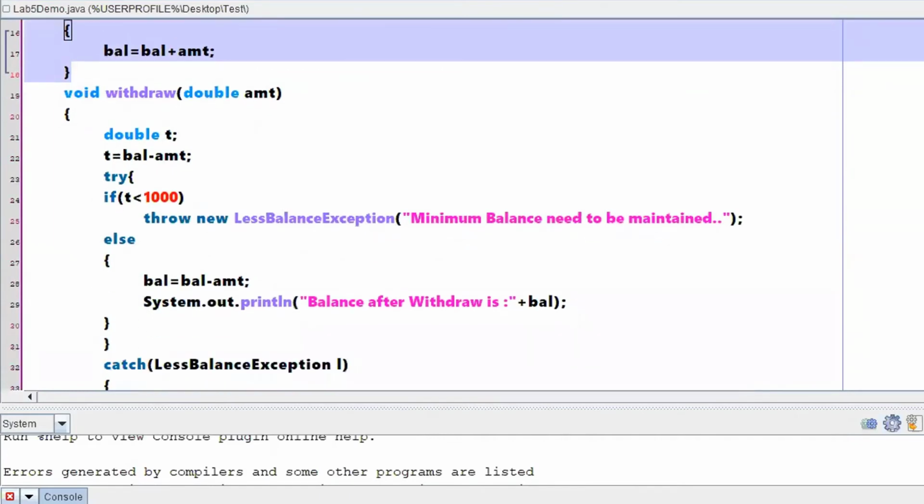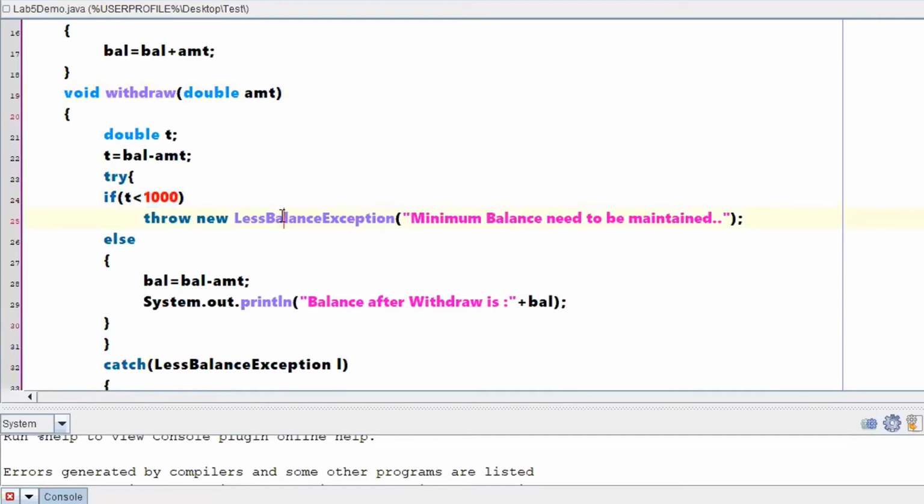Done. Second method is a withdraw method. With respect to withdraw method, whatever amount you have passed, that particular amount I am withdrawing from an existing amount, right? So when I am performing a withdraw, I am just checking if balance is less than 1,000 or not. If the total remaining is less than 1000, I am throwing an exception.